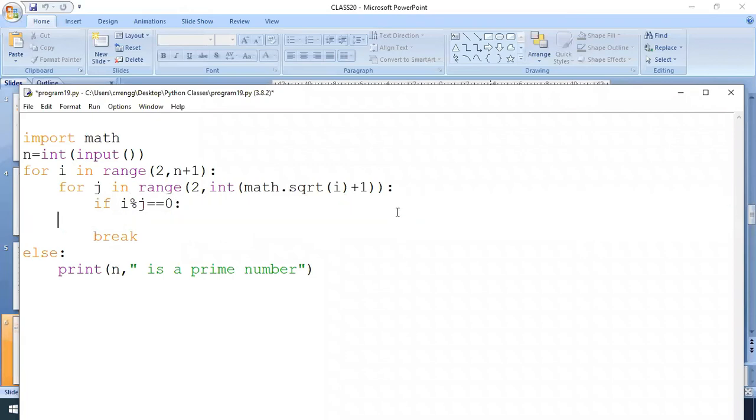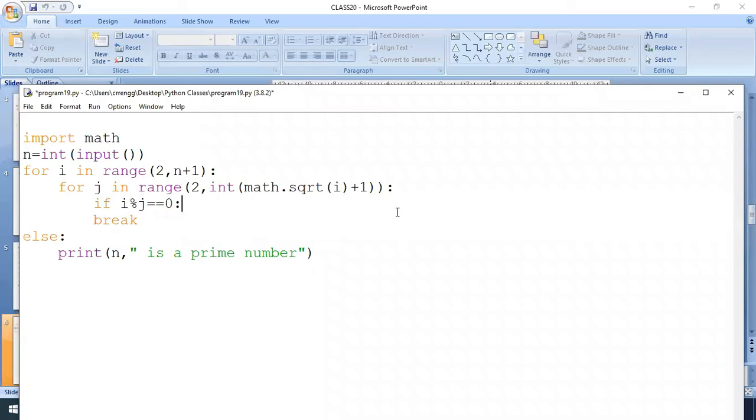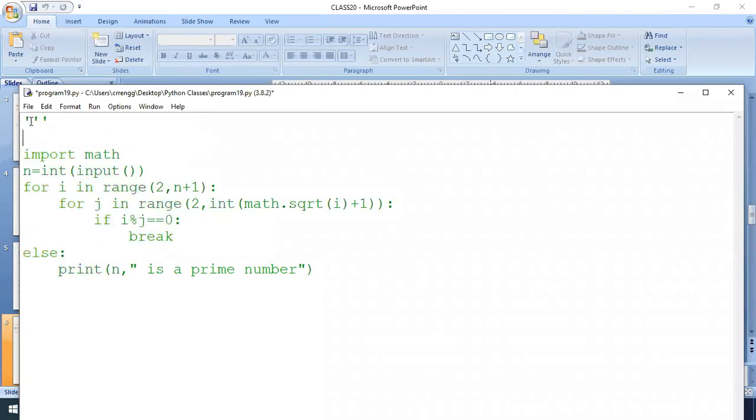That's why here we are not printing it as a not prime number.